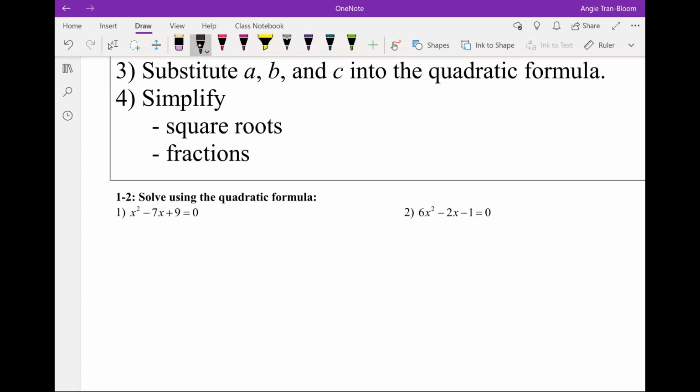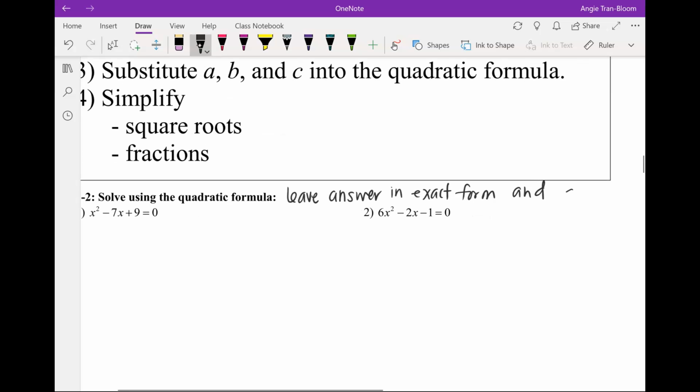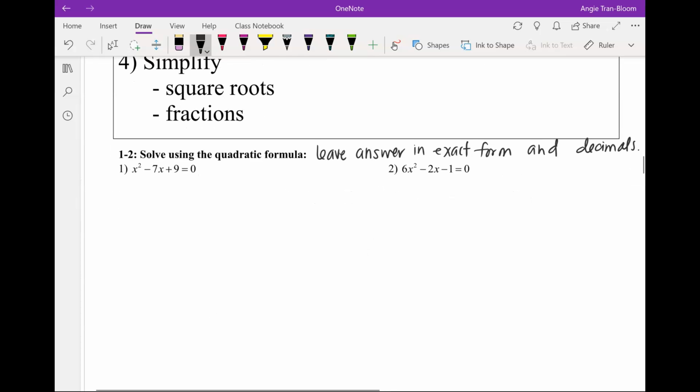So I'll spell it out. Leave answer in exact form and decimal. And then we're going to round to the nearest tenth today, okay? So, the quadratic formula. What is it? So, x equals negative b,